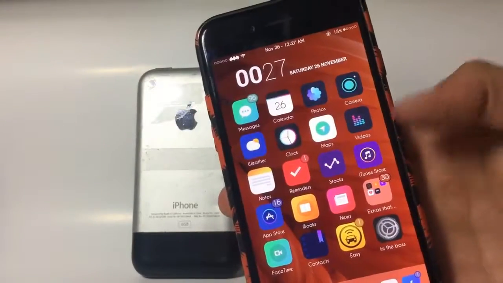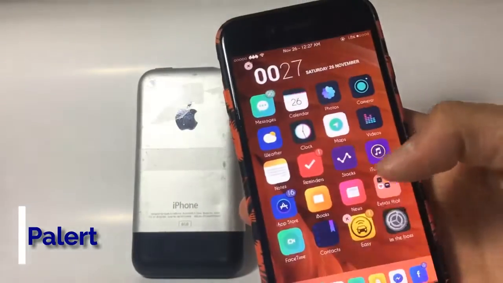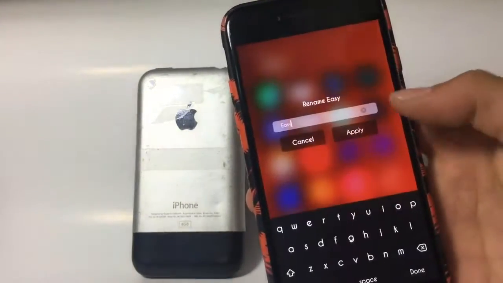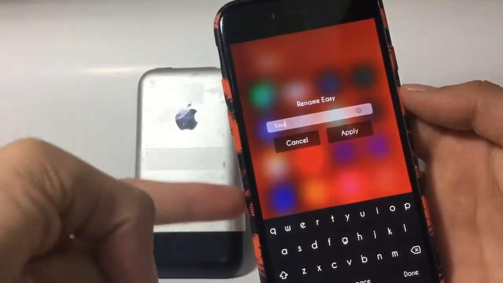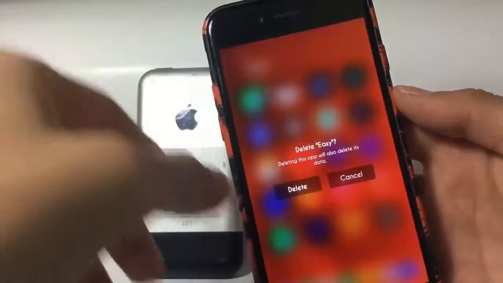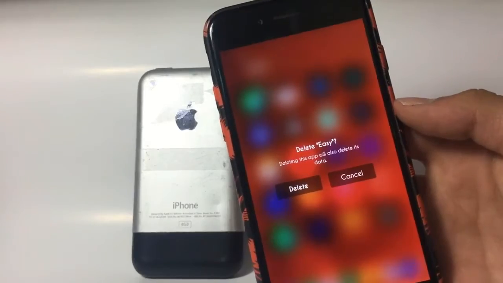The next tweak is Palette, which gives you a different modern look when you delete apps or get notifications. Let me show you an example. When I delete that app, it's going to give you, as you see, that new look, which is a blurred background and a transparent text. It looks really great and futuristic. That happens when you even delete an app, change the name of an app, or get any notification like that, which is